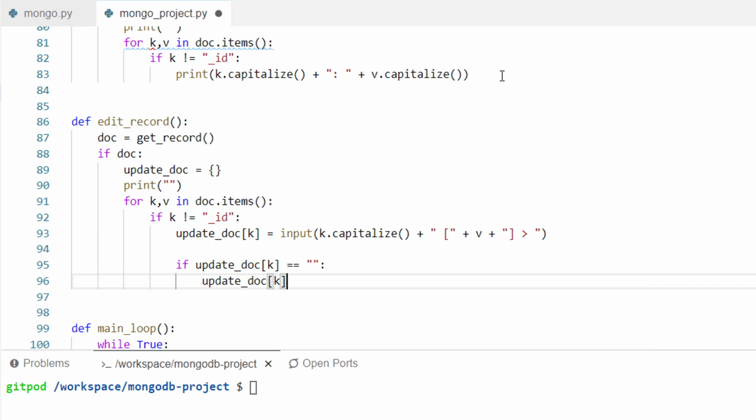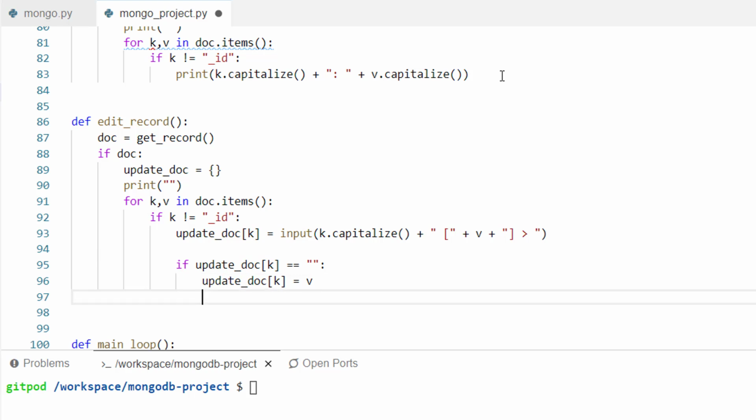We just want to leave it the same as it was before, so we'll set the update_doc key back to the value of the original value. That will retain the original V value without updating that field, but we'll demonstrate that shortly in case it's still a bit confusing. That completes our for loop over our key value pairs to update, so make sure we come back to the proper indentation, which is equal to the for loop itself.